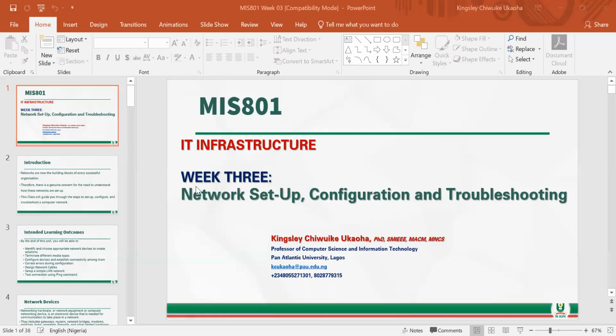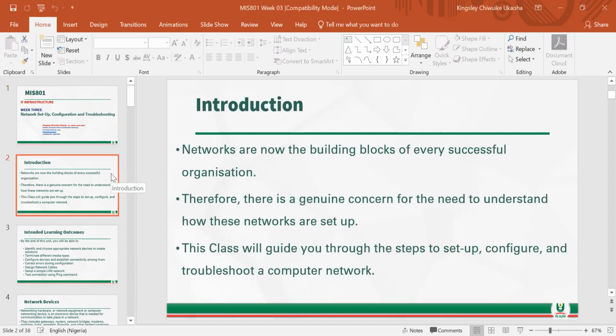We start off the second class, third class, which is network setup, configuration, and troubleshooting. Most of the things we describe in this class, you can actually carry them out on your own if the need arises. So, networks are now the building blocks of every successful organization. There's no organization that does not try as much as possible to put up a network because whatever kind of